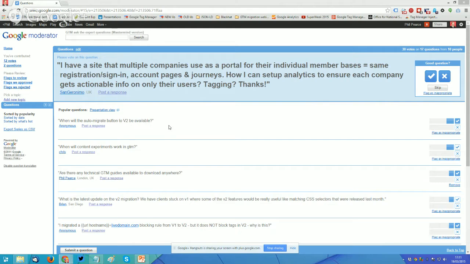So this is a question kind of for Google, but apparently it's meant to be 2 months after the Migrate button will be available very soon, and then the full migration will be available 2 months after that. We don't know yet when the Migrate button's going to be shown. It's just kind of any time now. It's still in kind of beta testing, and they're just before rolling this out to the masses, they're making sure